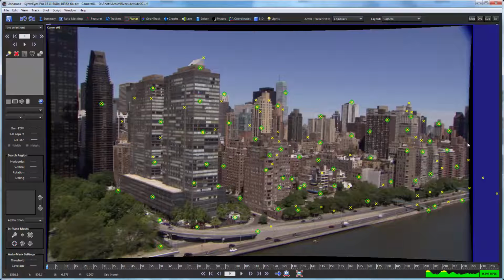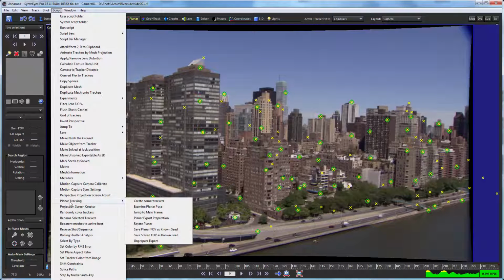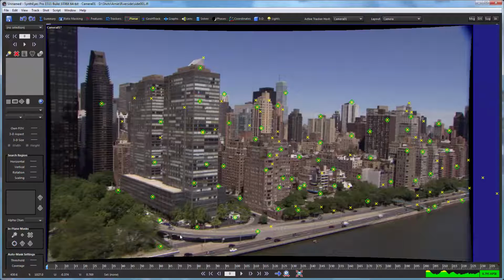Now, the first 3D solve has computed the field of view of the shot very accurately, and we want to use that for the planar tracking so that it matches up appropriately. And to do that, we're going to run a script that is down here in the planar tracking area. It's save solved field of view as the known seed. And having done that, it is then available for use by the planar trackers. So I'm going to change my planar tracker to be a 3D known field of view. And at that point, I can